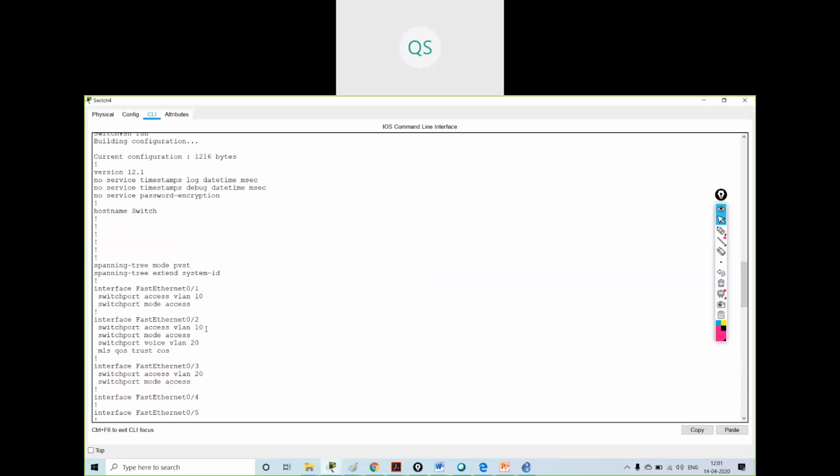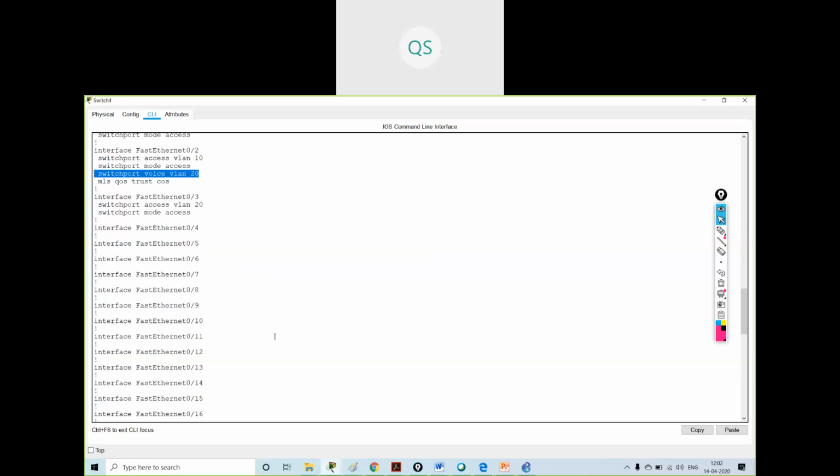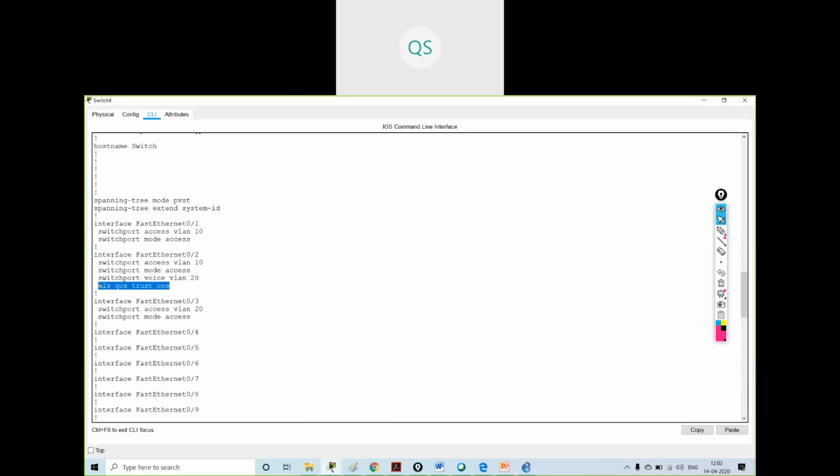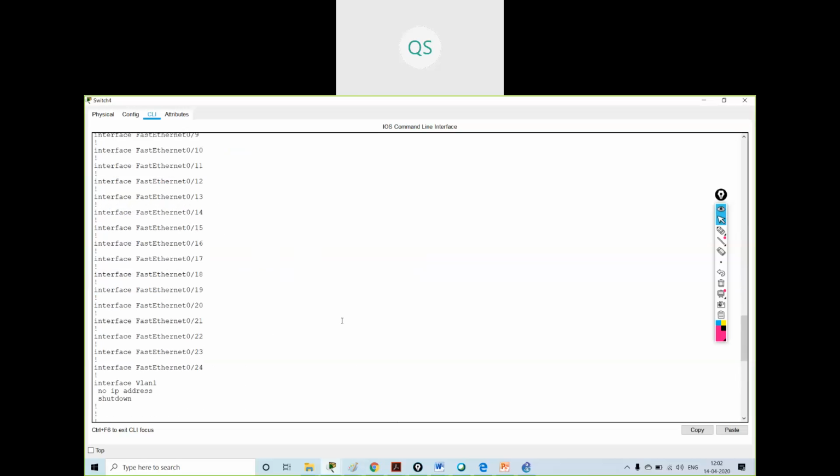And this command is for switch port access VLAN 10. If I want to use a data VLAN, then I should use this VLAN, and if I want to use a voice VLAN, I have to use switch port voice VLAN 20. There is no need of this command over here.